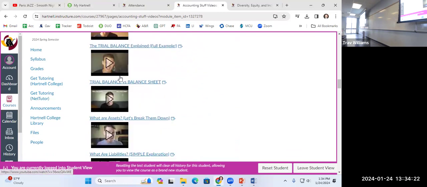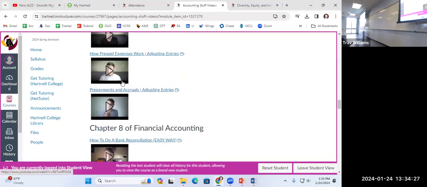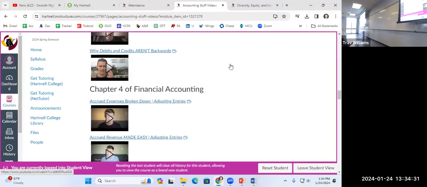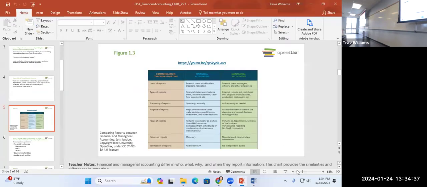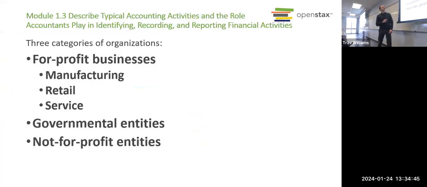Some chapters, like 5, 6, and 7, there aren't any. So it just depends on the chapter. If you want to hear more about the difference between financial and managerial accounting, you could check out accounting stuff.